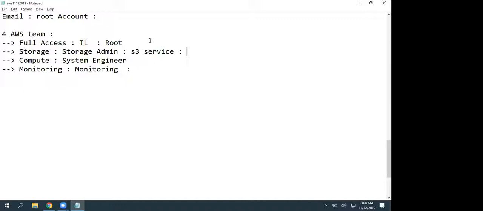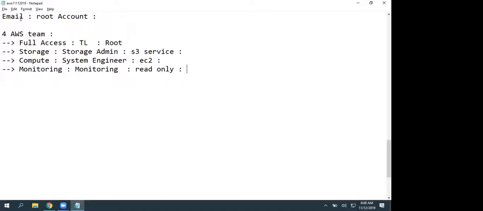Okay. So I want to limit this user's access to only S3 and I want to limit this user's access to only EC2. EC2 means Elastic Compute Cloud. That's a place where you are going to run servers, where you are going to launch servers. Okay. And the last one, I want to give read-only access on my entire AWS account, or only a couple of services. I want to give completely read-only access on all services, let's assume, as that is a monitoring team.